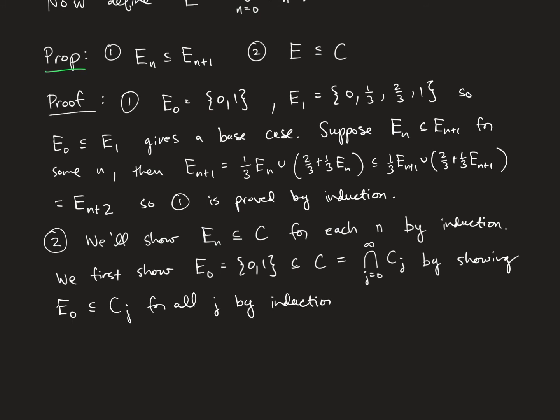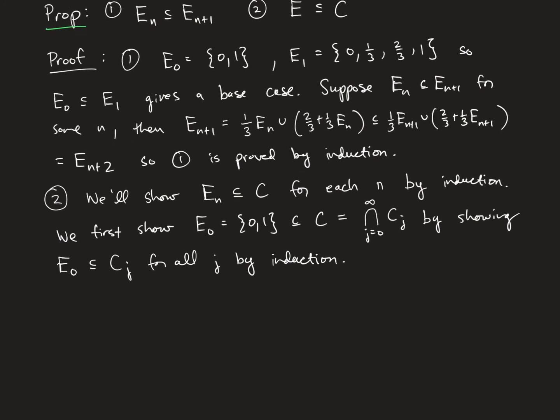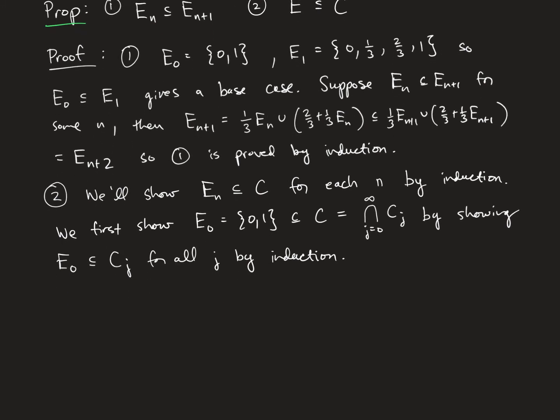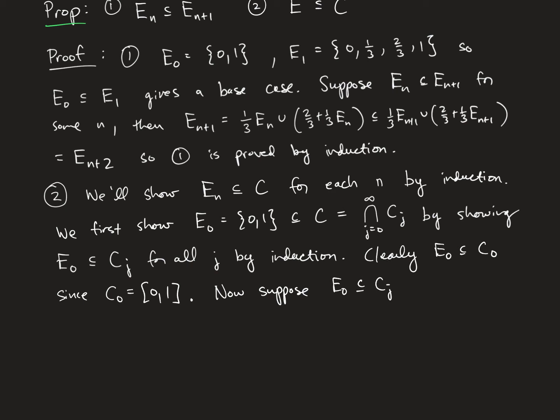Okay, so our base case of this induction itself involves an induction. We have an induction inside an induction. It's the classic induction turducken. So since clearly E_0 is contained in C_0, since C_0, remember, is just [0, 1], the full closed interval. So suppose E_0 is contained in C_j for some j,